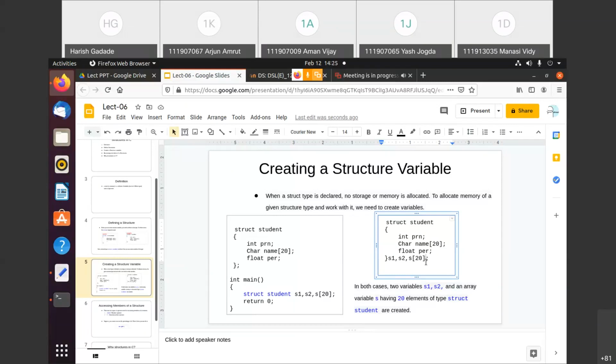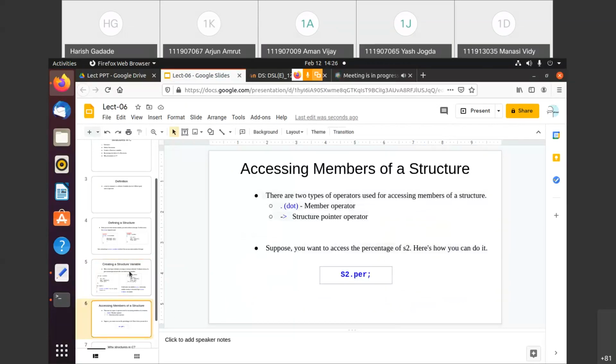Getting this? So if you are using C programming for any project, then you need to use that structure concept. Without structure it is not possible to complete that. So this is accessing a member of a structure. Have you understood this?